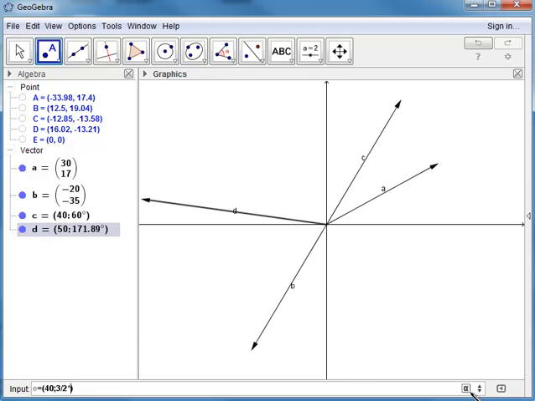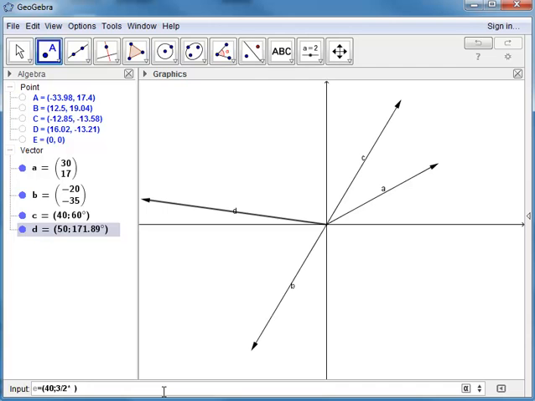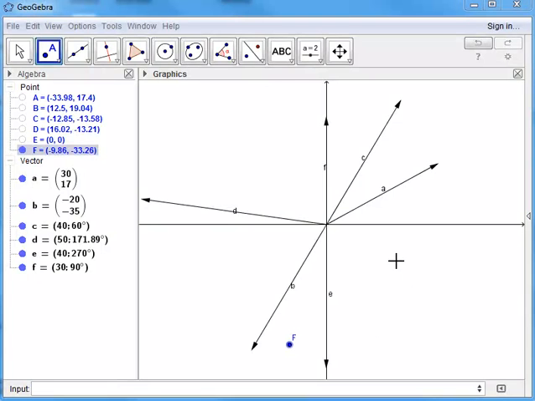And I can get that pi by coming here and putting the pi symbol, or I can simply hold down the Alt key and press P, and there it is. I don't know if you remember this, but 3 pi over 2 is 270. If I wanted 90 degrees, then that would be just pi over 2. So I could say the vector f is equal to, let's say, magnitude of 30, and then pi over 2. So that's Alt P divided by 2, and there we go. There it is. So we'll end this now,